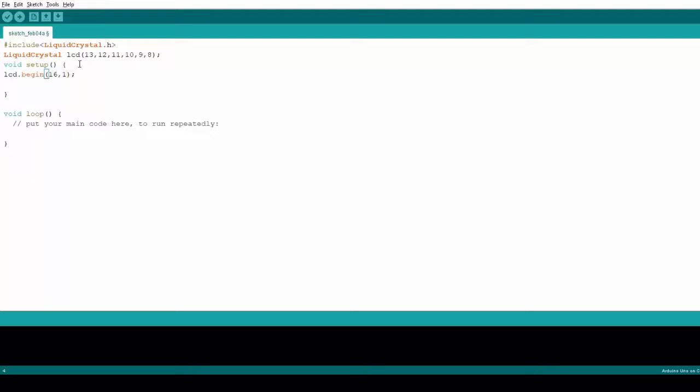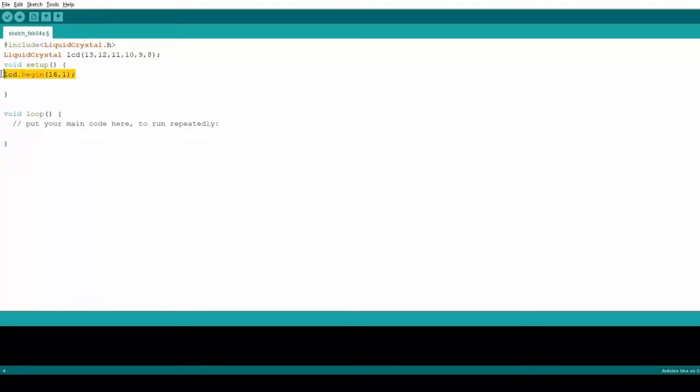In an ordinary program we write Serial.begin and the baud rate. Why do we write the baud rate? That rate is given to the serial monitor when we open it. Similarly, lcd.begin means whatever is given in our program displays on the LCD.